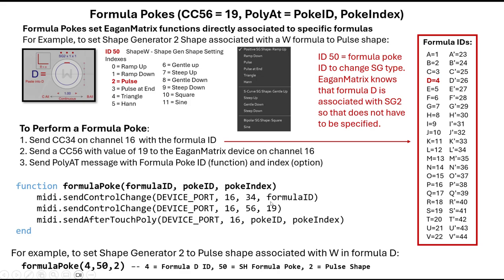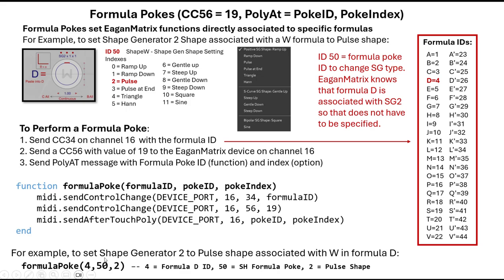Then after you send your formula ID, you're going to send your formula poke indicator, CC56, with a value of 19, and then you'll send a poly aftertouch message that will have the poke ID and the poke index. So you'll create your function similar to that, and then if we want to set formula D, shape generator 2, to pulse, I'll send a formula poke with a value of 4, formula D is number 4, value of 50